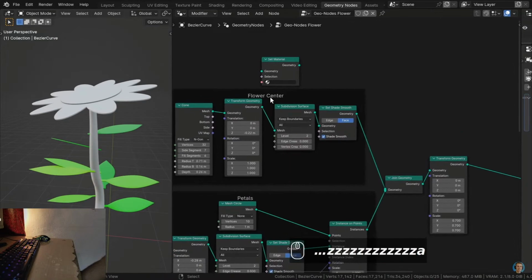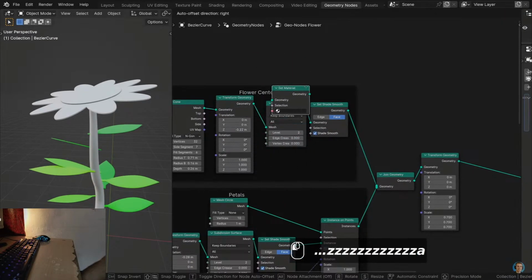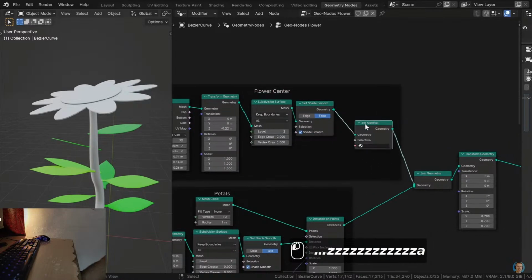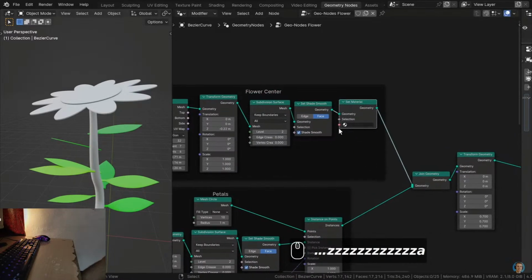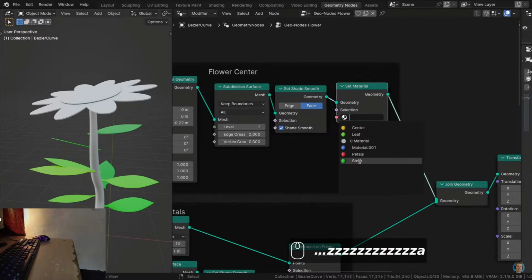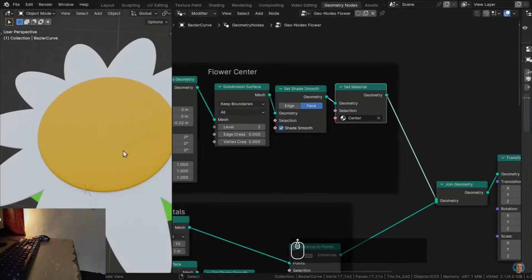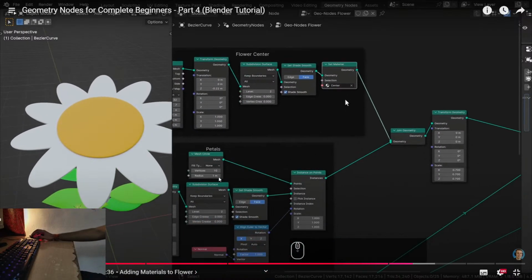So first, let's do the flower center. This set material, we want to stick it here at the end of the flower center, and then we can add that yellow color. So let's drop it here, and then you can see it didn't do anything. That's because we need to click here, and we need to tell it what object we want. So we want to use the center. So choose center, and now the center there is that yellow color. Let's also go to the